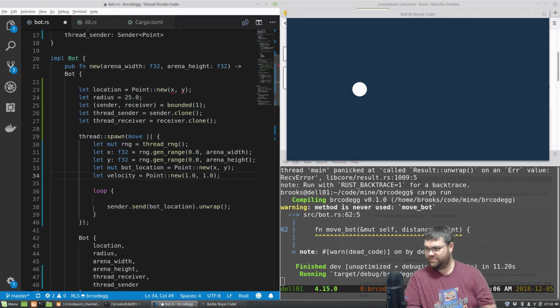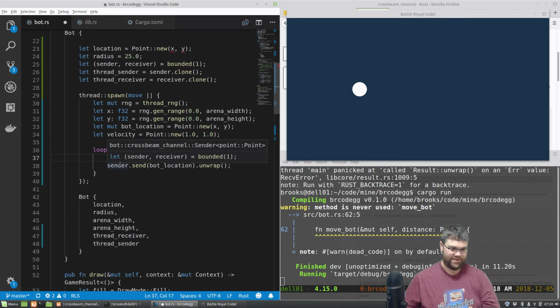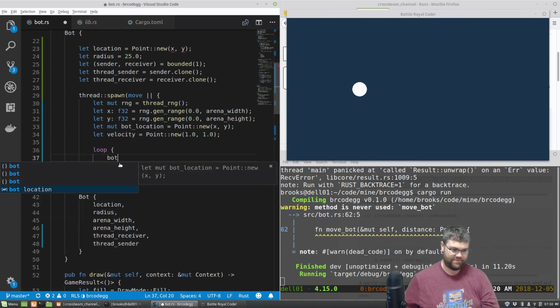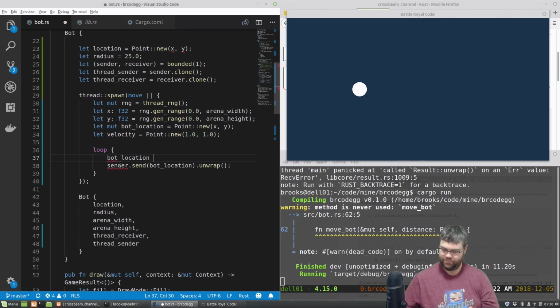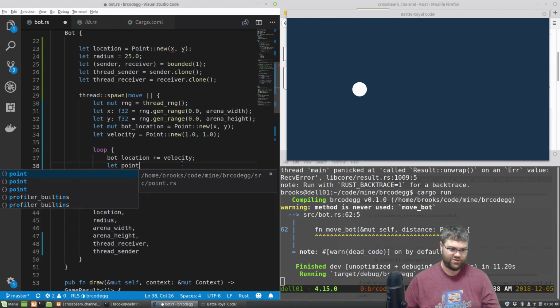We're running up on our time, so we'll only have one chance to implement this. And then we'll need to add assign into bot location inside the loop. So bot location plus equals velocity. Okay, so we'll do that. I need to clone the bot location. So we'll just create a new location right now. So we'll just do point